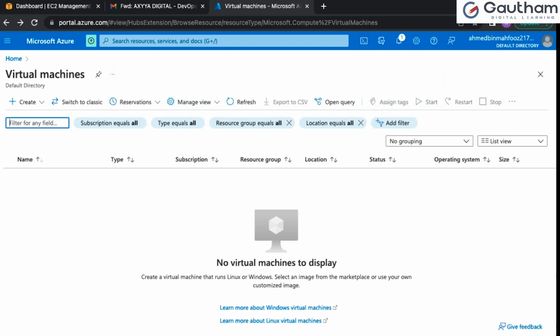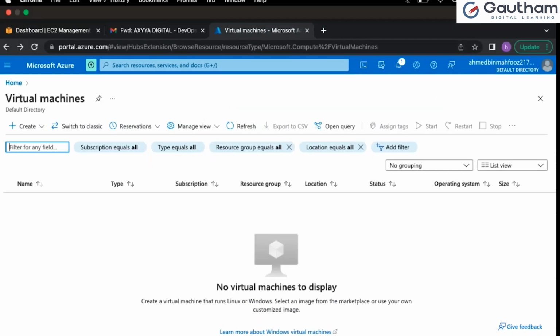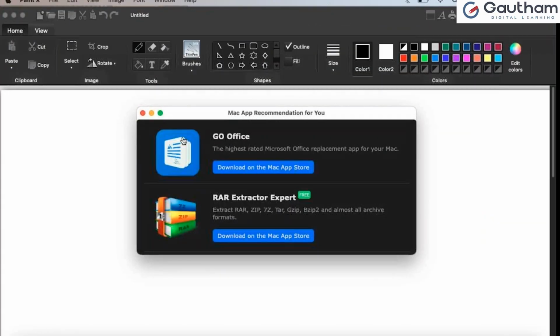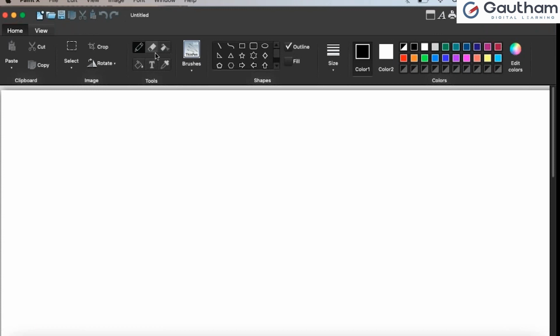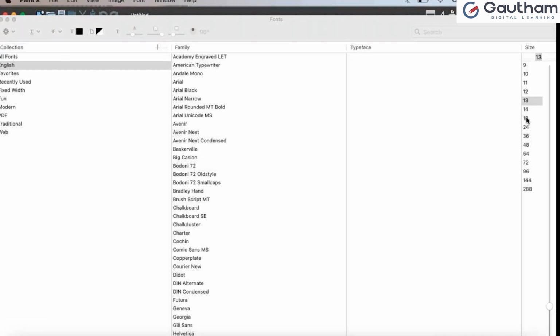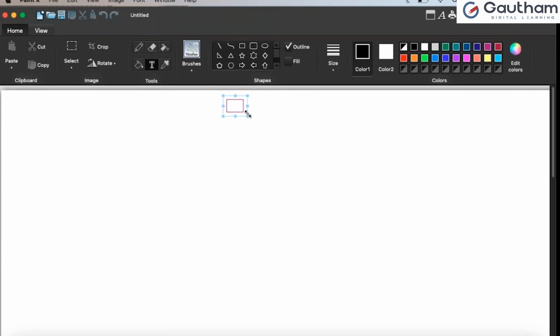Now, let me first open a paint diagram. Parallelly, I'll be writing all the steps in the diagram as well. So my today's task will be creating a machine on cloud. Let me just increase the font. Okay, so we are creating a Windows machine